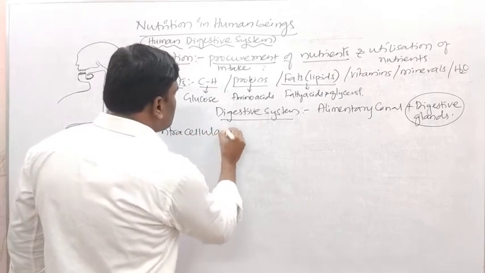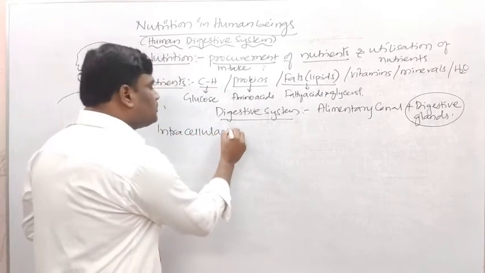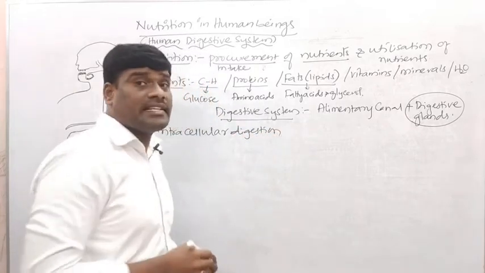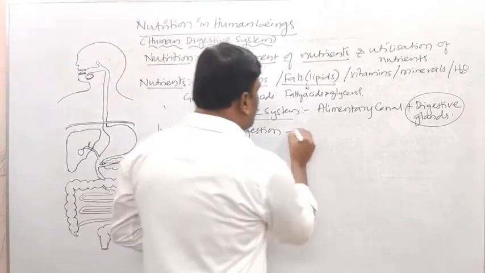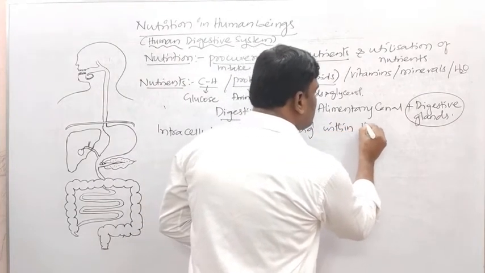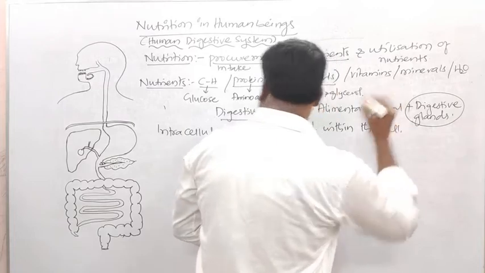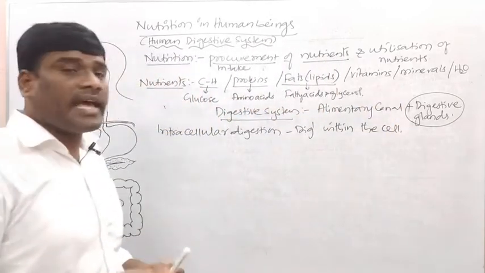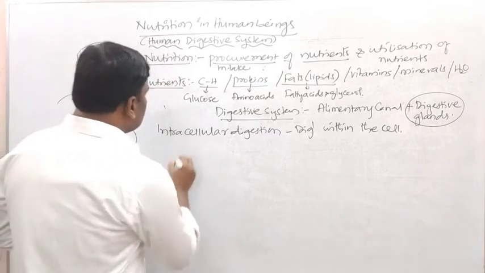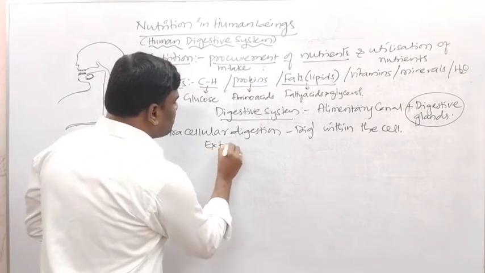If the digestion occurs in the cell, within the cell, isn't it? So if the digestion occurs within the cell, it is called intracellular digestion. Then what is extracellular digestion? So this extracellular digestion means,